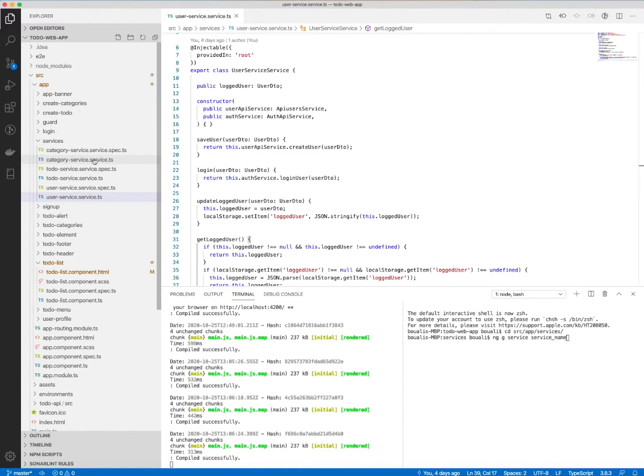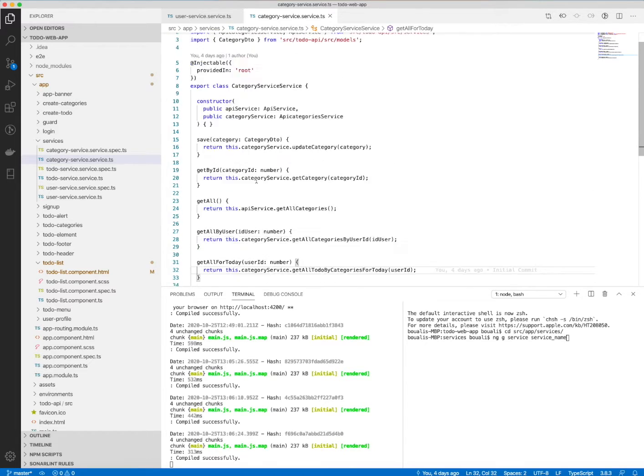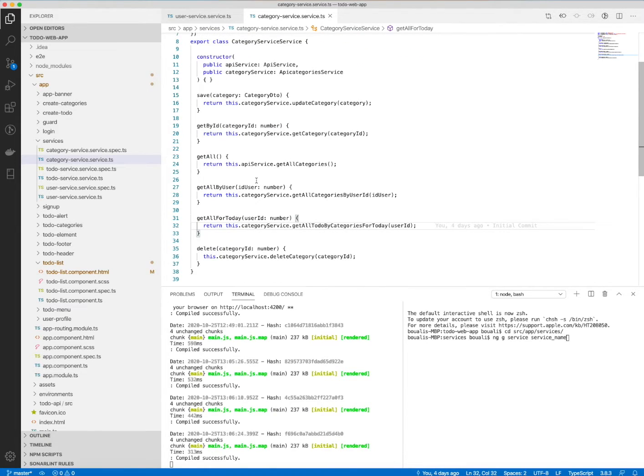I will explain also the category service. It's like a bunch of methods. We are using the API service and the category service. For the save, we call the category service.update category. To get by ID, we need to pass the category ID as a parameter, and we get the category. We call it from the category service.